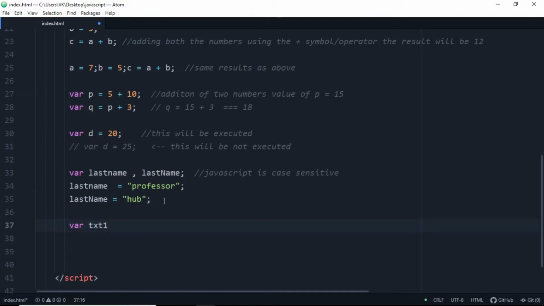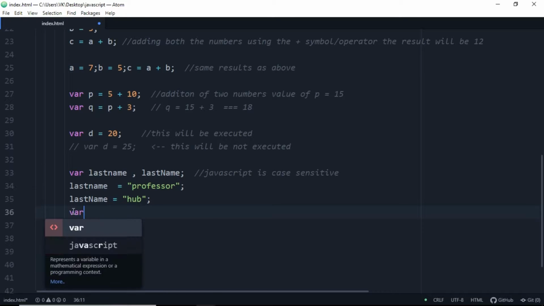So let's declare another variable, which is variable text1. Okay, let's remove this. Just go up and let's make it so it will be easier for you to understand. Let's declare a variable as variable channel is equal to.